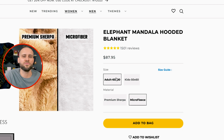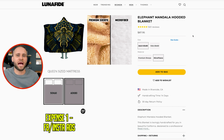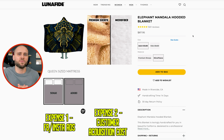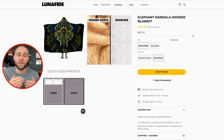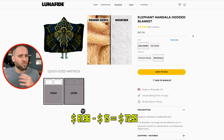So let's say that they were to make a sale here on this micro fleece adult size blanket, and they were able to bring in $87.95. Of course, we would have two major expenses for this. The first would be obviously our Facebook ad or our Instagram cost. And typically, at least for me, I am seeing about $15 to acquire a customer in terms of my average ad spend, which means that they would have to likely spend around $15 in order to find someone to make a purchase from them. So from that $87.95 sale, we would want to minus $15 from it, which would bring us to about $73 or so, really just